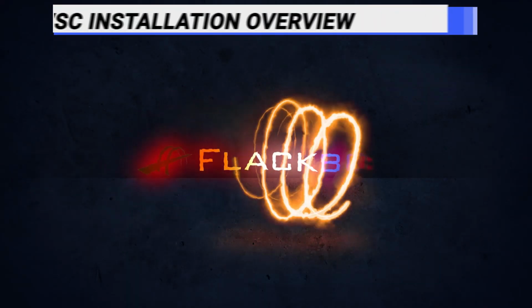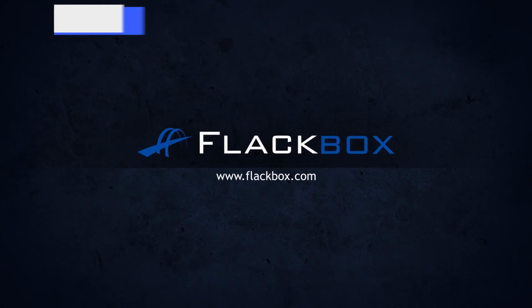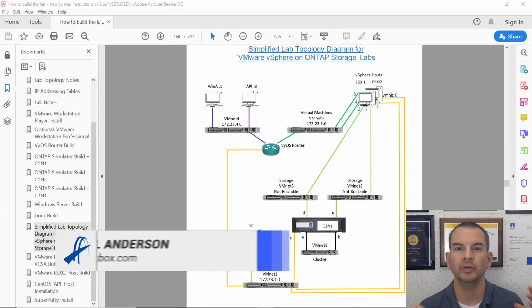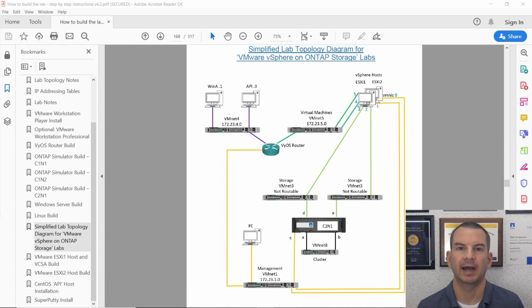In this lecture, you'll see how to install NetApp VSC Virtual Storage Console with a lab demo. The scenario is that I've already got an existing VMware vSphere environment and ONTAP storage, and I have already configured traditional NFS and iSCSI data stores for my ESXi hosts, but I've done that just the traditional old-fashioned way without